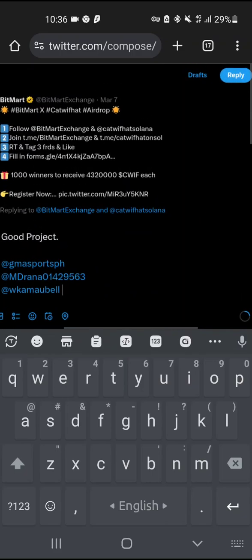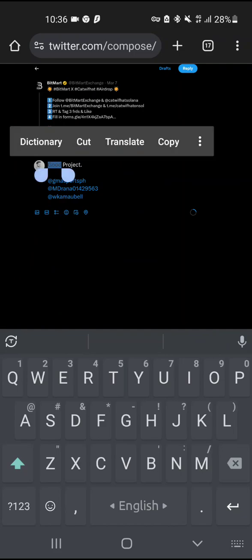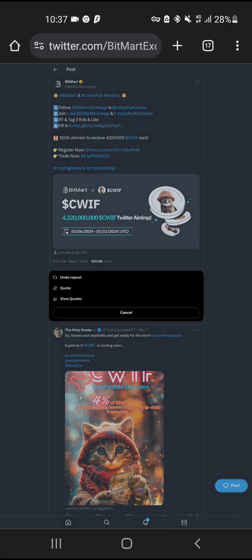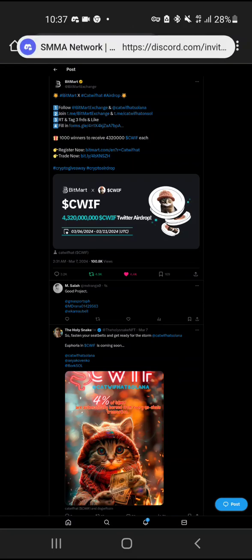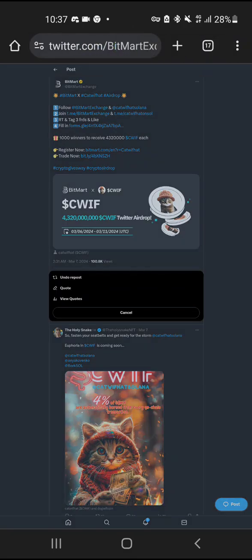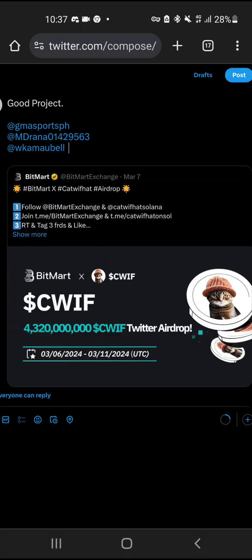You can copy that, because in another place you need to do the same thing. Just copy it, it saves a lot of time. Here we click on this arrow button, which people call retweet, and there are 3 options. The middle option is quote, click on it, and paste your link and post,